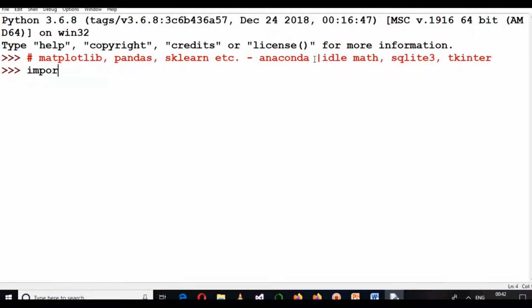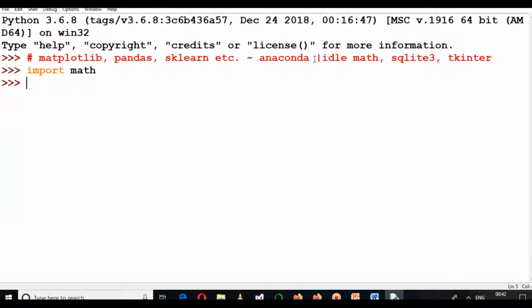can import them. If any particular library is already present in your Python package, you can import that library. You simply write import, and then the name of that library. The name of the math library is math, and you can import it.